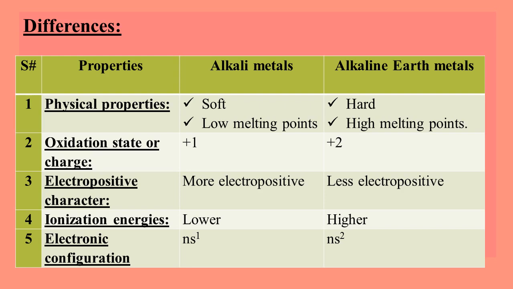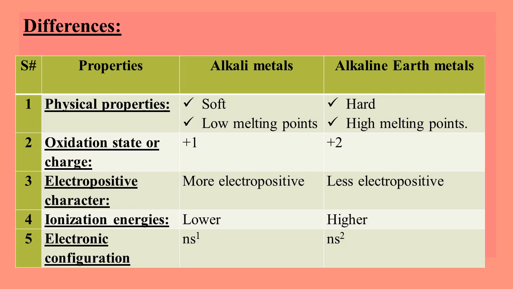Differences. There are many properties in which the alkali metals and alkaline earth metals show the differences. The first property is physical properties of alkali and alkaline earth metals. Alkali metals are soft and they have low melting points, while alkaline earth metals are hard and they have high melting points. The second property is oxidation state or charge. Alkali metals lose their single valence electron and get +1 charge, while alkaline earth metals lose their two valence electrons